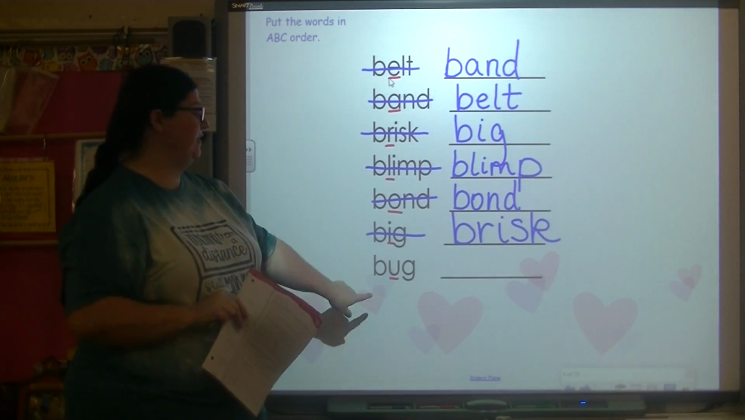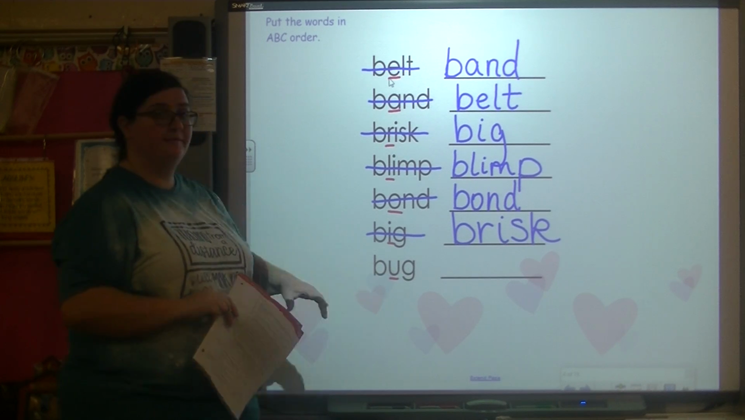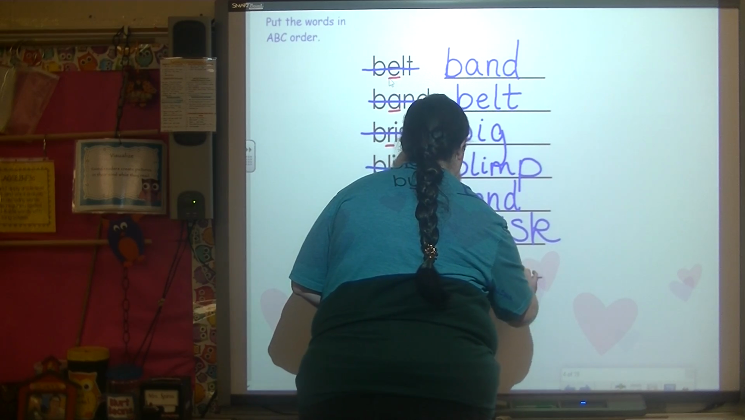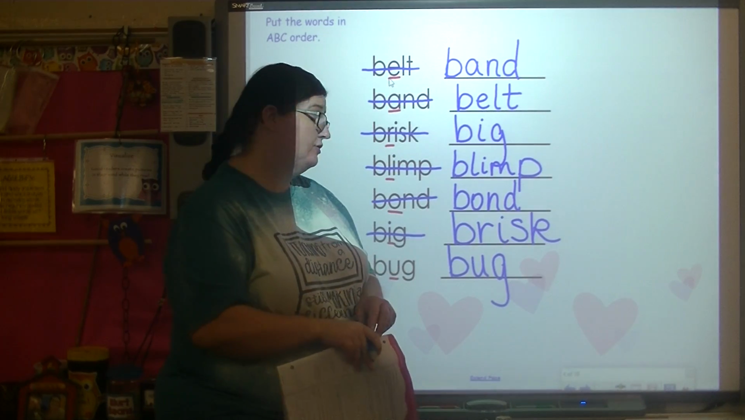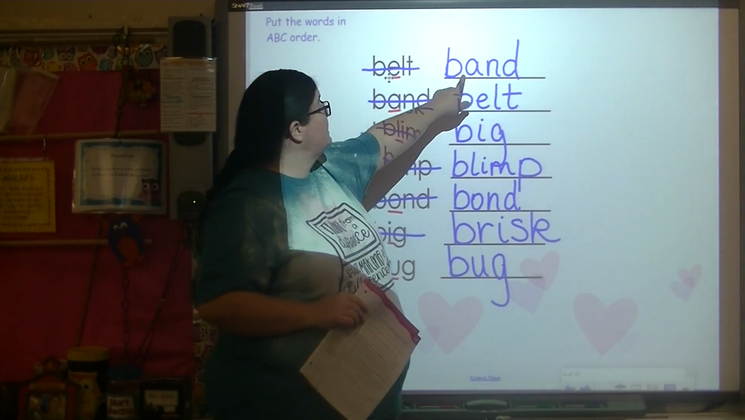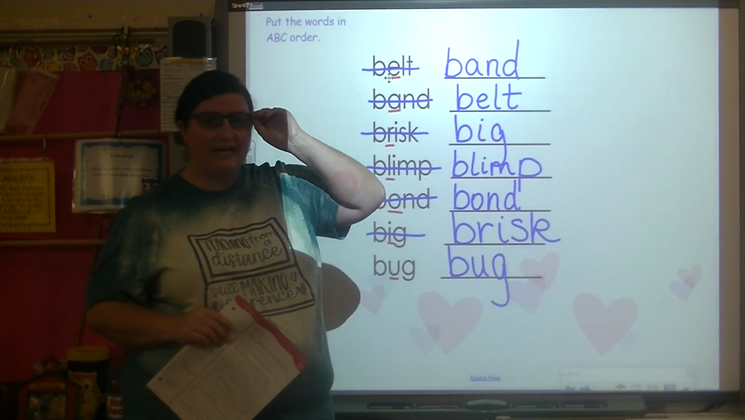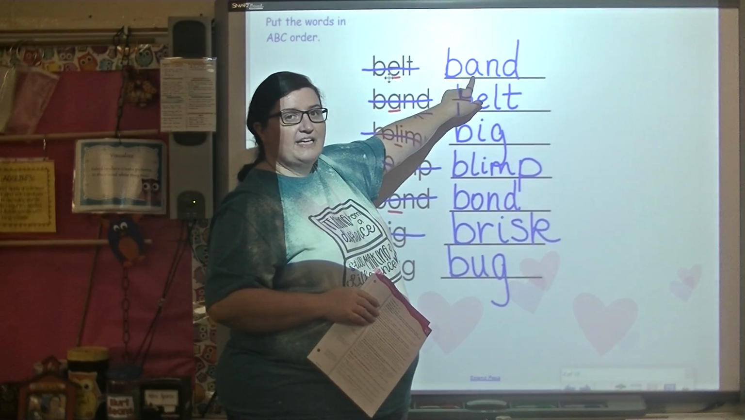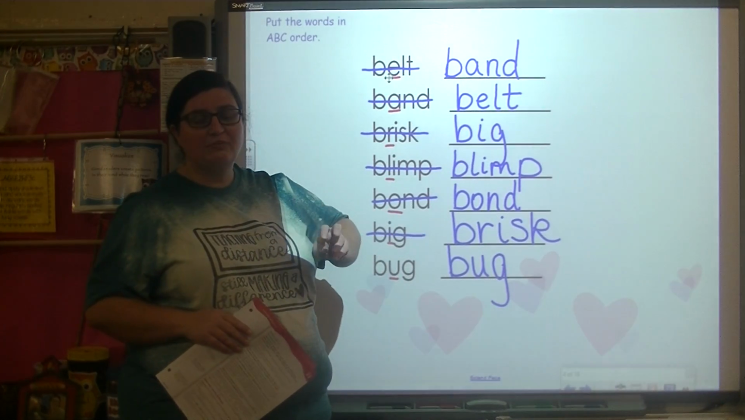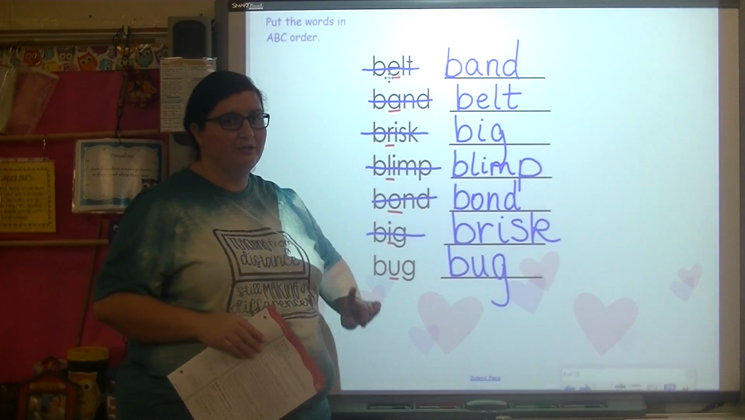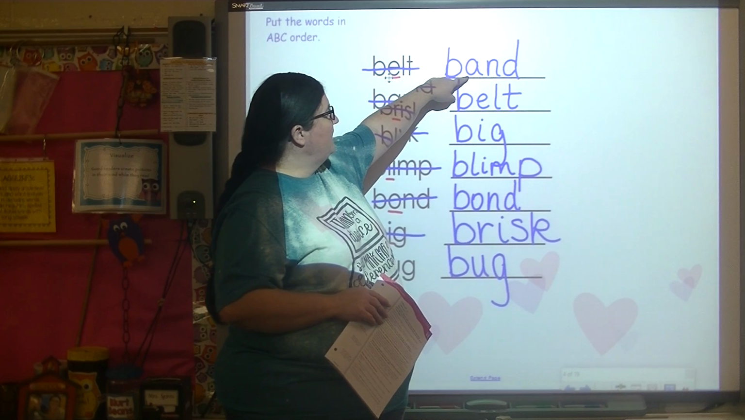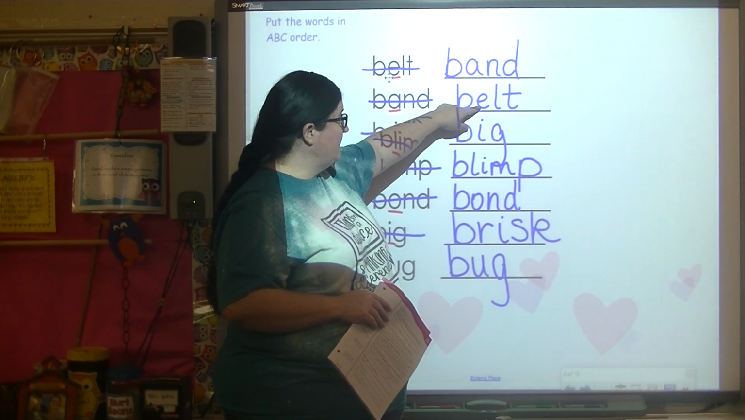So our last word is bug. And we should still be able to use our alphabet to step down, but this time we're using our second letter as our guide letter. So we start with that second letter and put our finger on it in each word and touch it as we say that letter of the alphabet, and we should be able to step down each time if they're in alphabetical order. A, B, C, D, E, F,